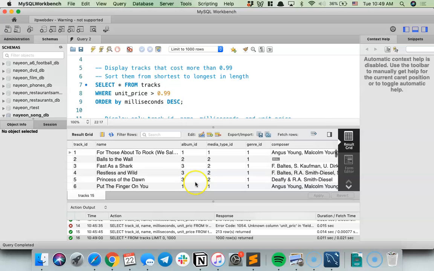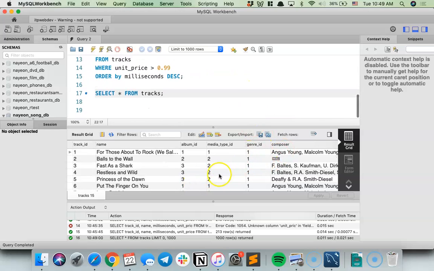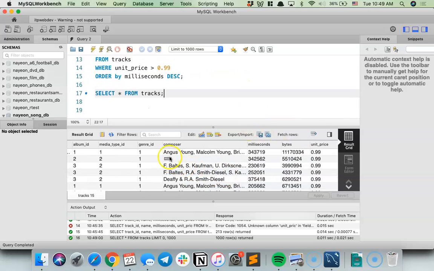In my tracks table, sometimes some rows have a null value. And null is a very specific type. There's a difference between when a value is null versus when it's empty.